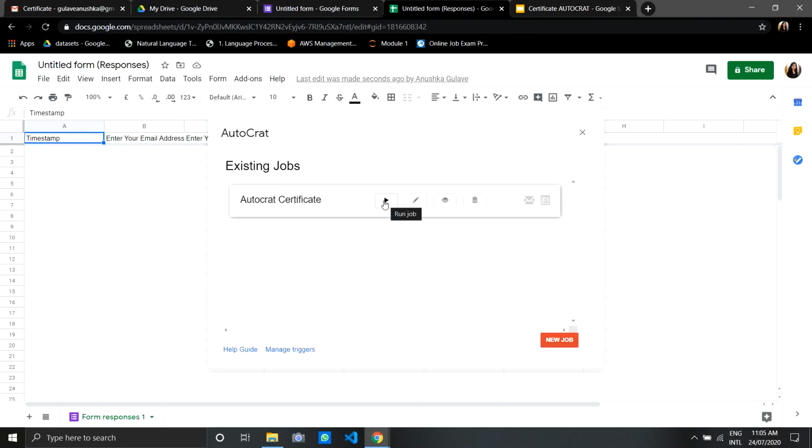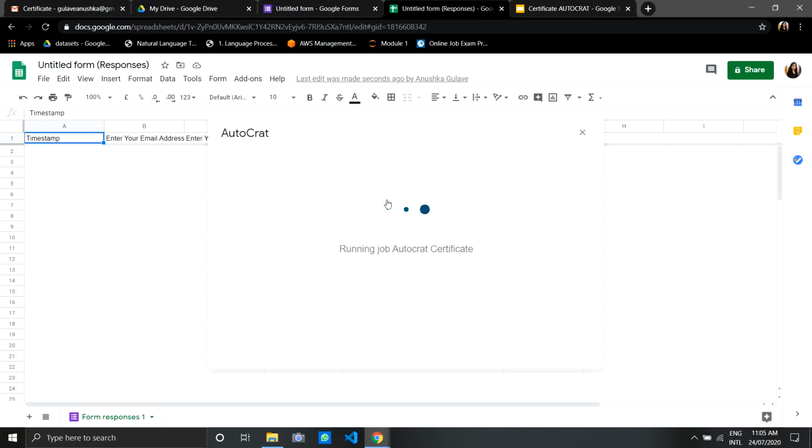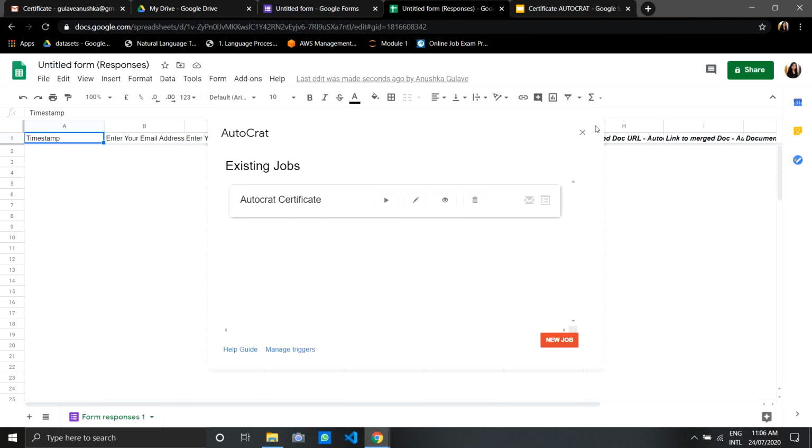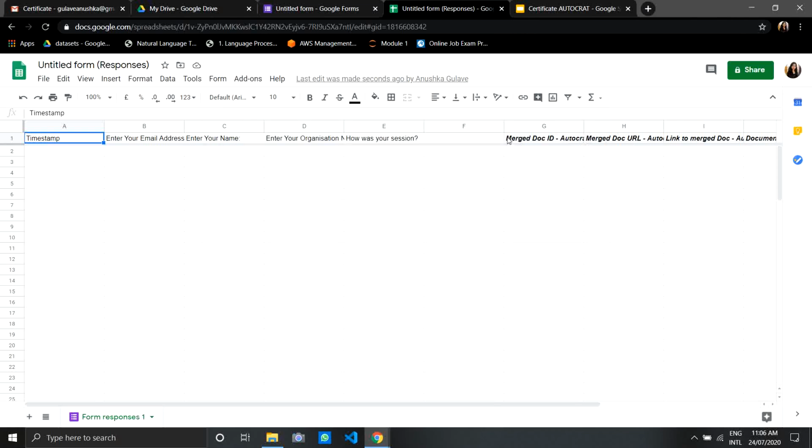You have to just click on that run job button. Okay, click on that. You can see the running job autocrat certificate now. Okay, close that. Now you can see these options. Okay, so our certification process is completed.